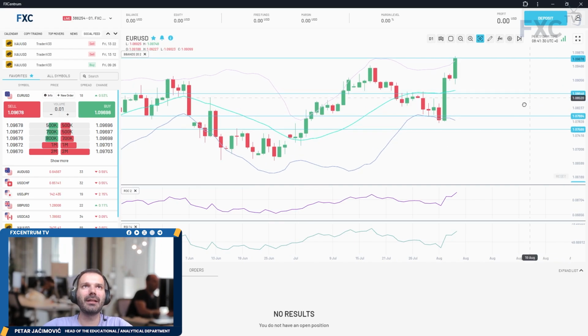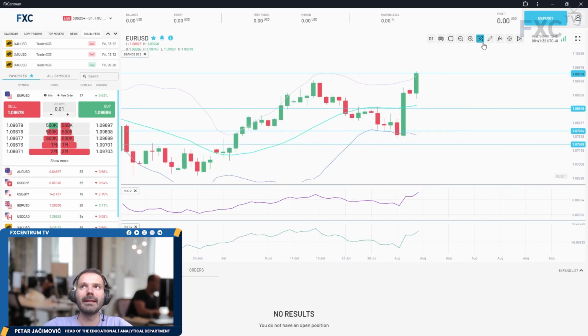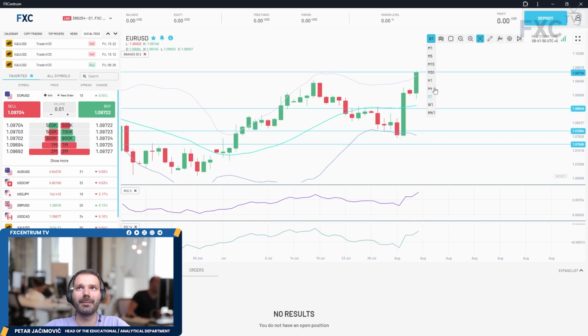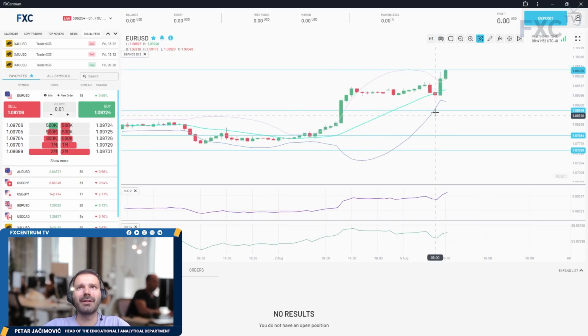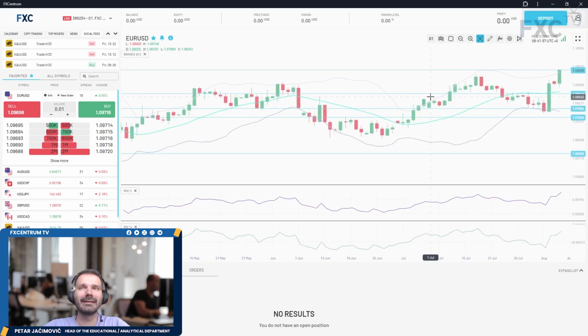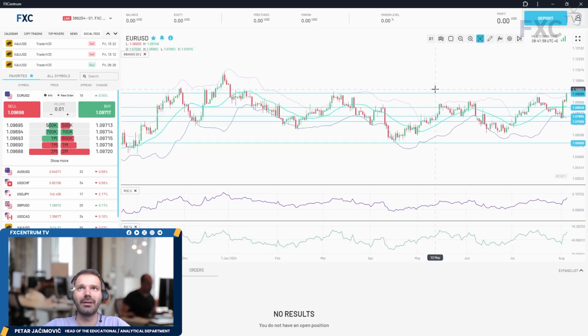We had quite a big reversal in the daily time frame. It happened last week, and we can see here that there is a relative strength on the euro dollar. For example, euro dollar is 0.5% in plus compared to the Australian dollar, which is minus 0.6%. The market is trading around the upper Bollinger Band. On the daily time frame, RL is just rebreaking to the upside. So there is still a chance for higher prices, and the next major pivot level is at